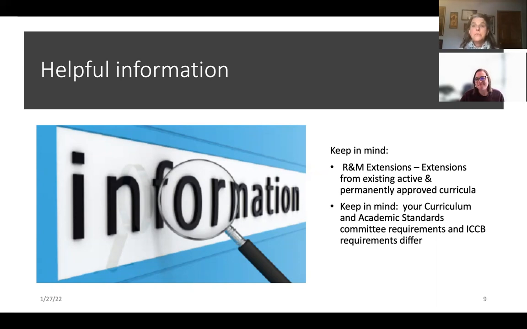So being sure that you are in touch with those requirements, timelines, et cetera, is incredibly important. Lisa, is there anything in there that you'd like to emphasize? Just to reiterate that your curriculum committee standards will be much higher. The types of things that you need to submit to your curriculum committee are larger than what you would submit to ICCB. So